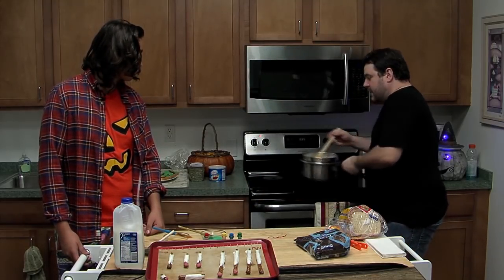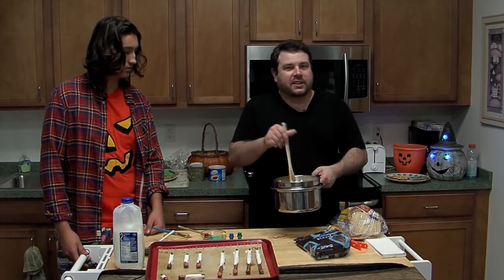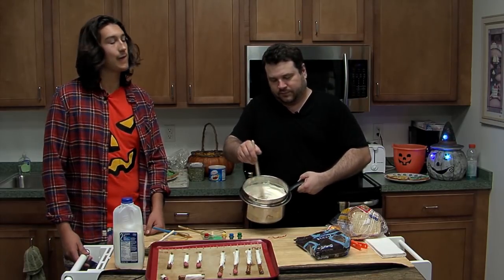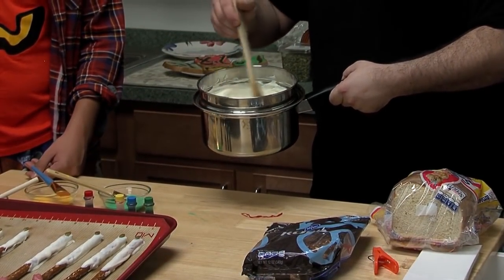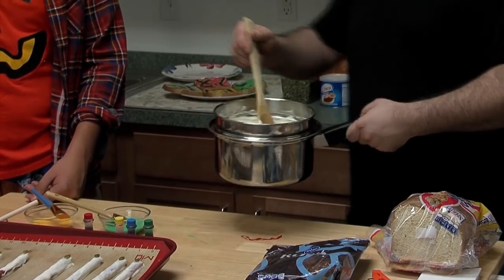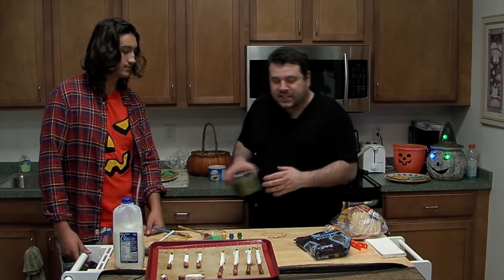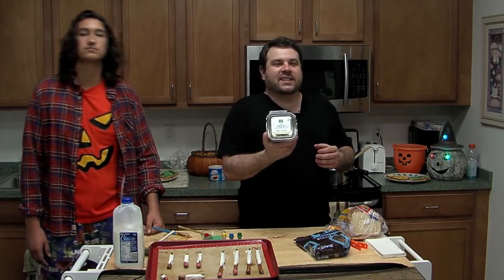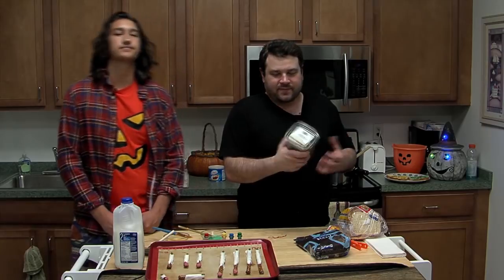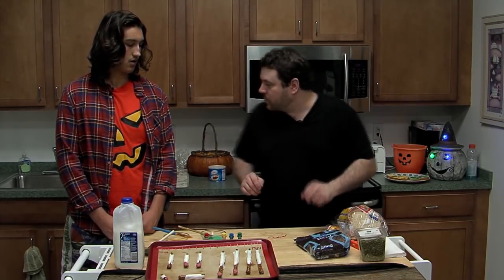We will need some melted white chocolate or melted vanilla that you can cook really nice here on your double cooker thing. And then for the nasty green fingernails, we actually use pepitas, also known as pumpkin seeds. Of course, you can get these at Kroger's as well. So first what we're gonna do